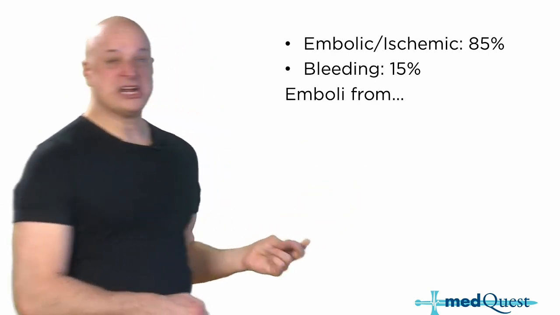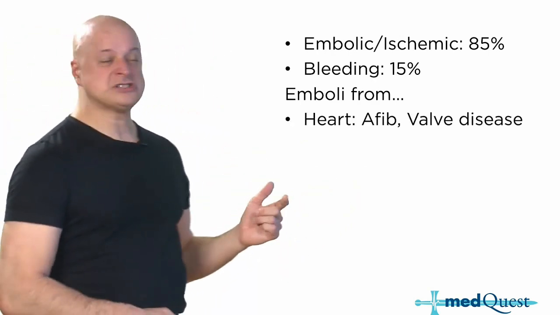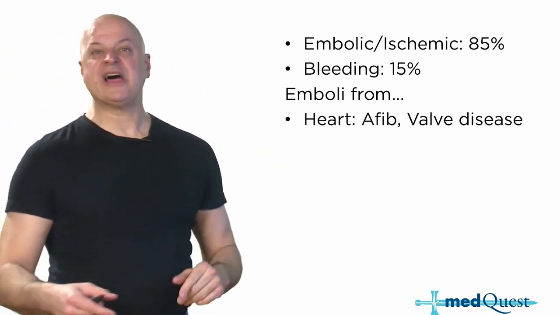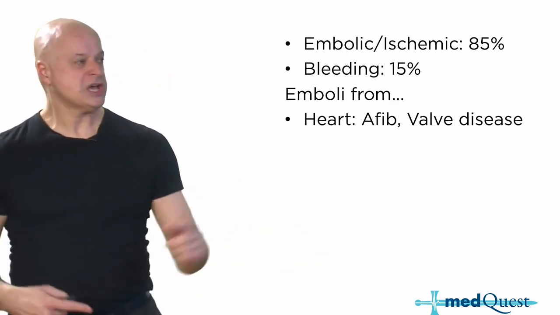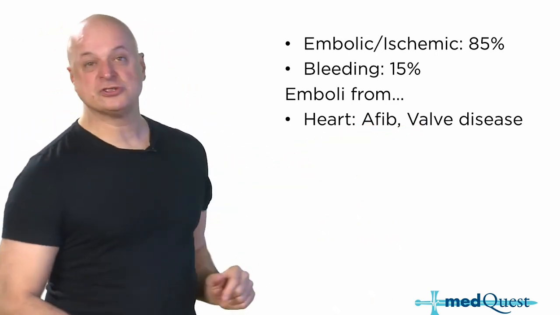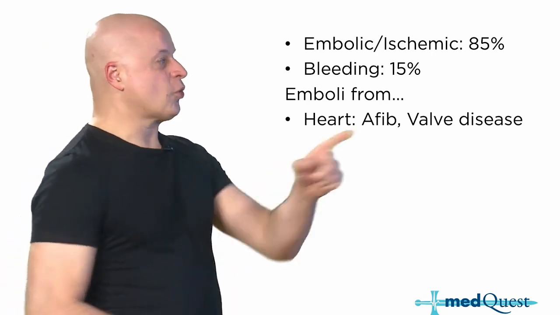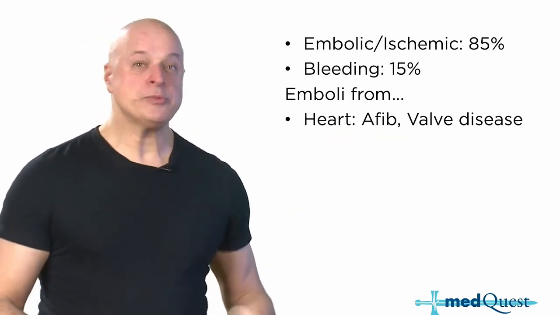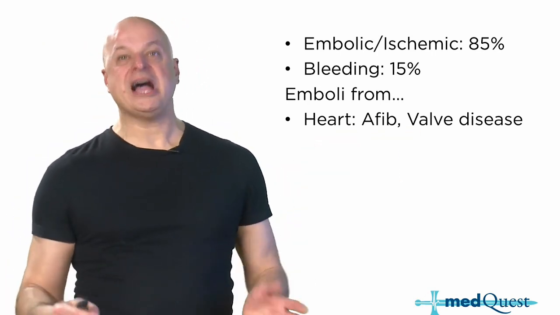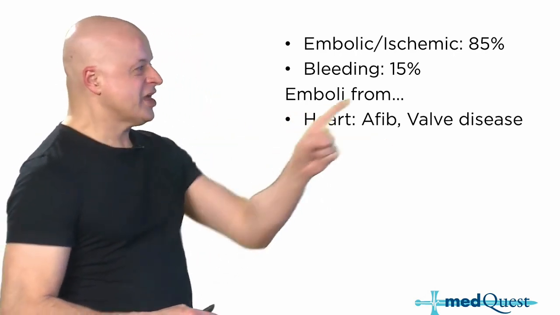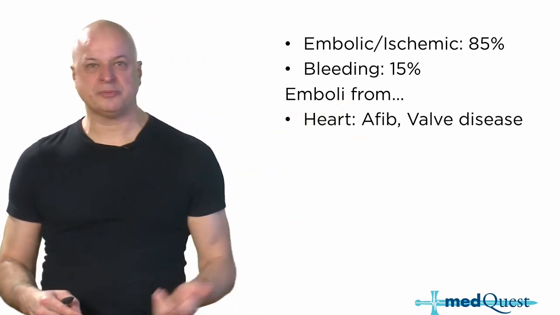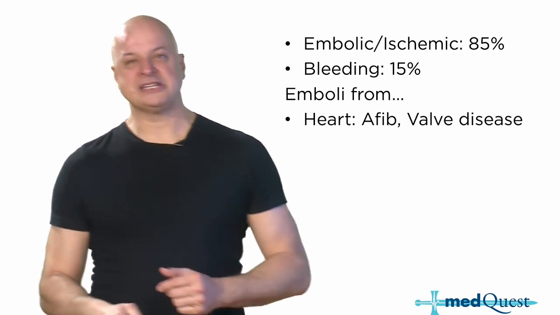Now, emboli originate from the carotid, sometimes from the heart. They can come from valvular disease. Which valvular disease? The metal valve, of course. That's why the strongest indication for the use of warfarin is mitral stenosis or metallic valves. What's the only time when we do use warfarin that you go above the INR of 2 to 3? Metal valves. Atrial fibrillation, CHADS 2 or above, and we're going to use anticoagulation